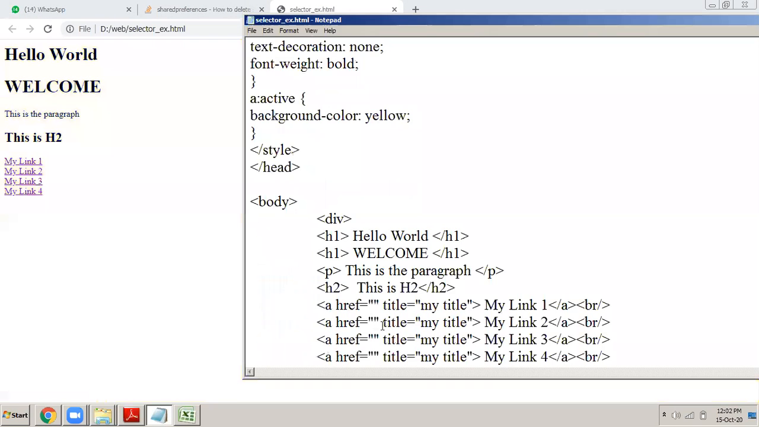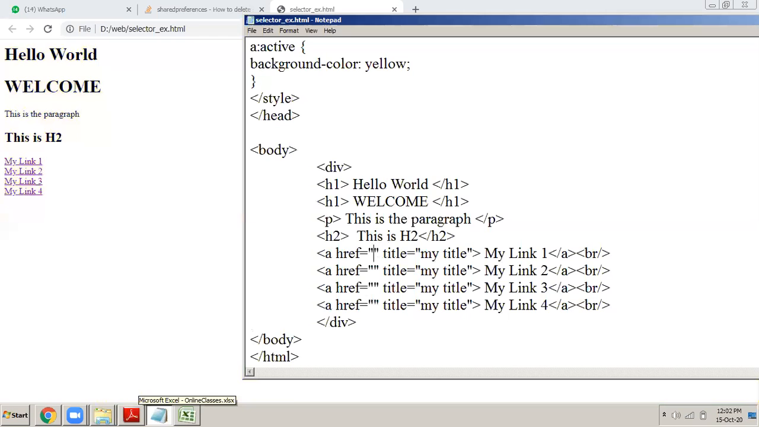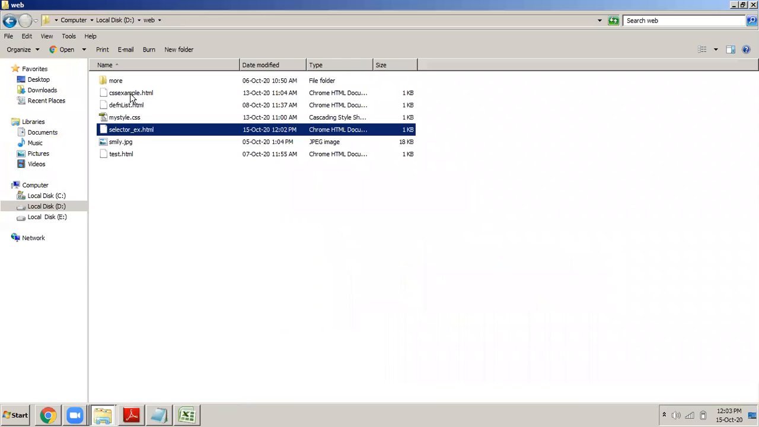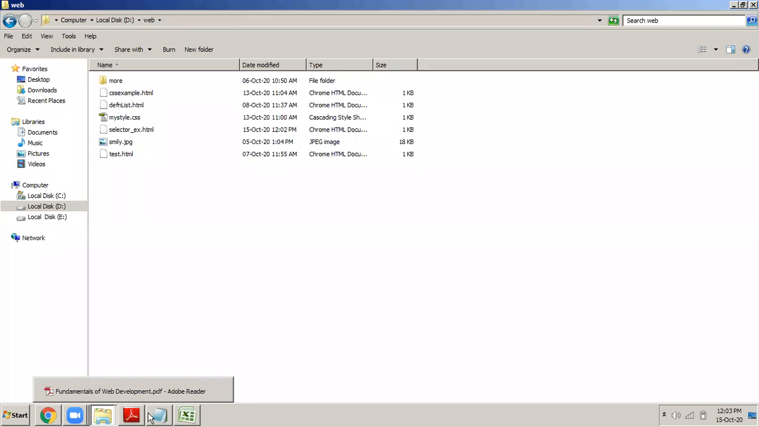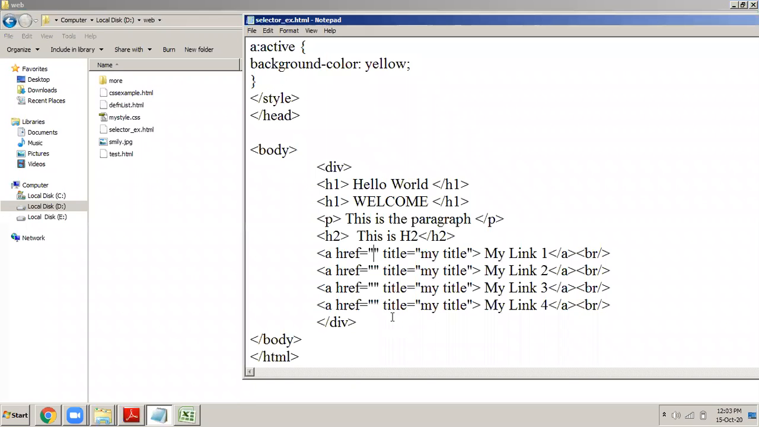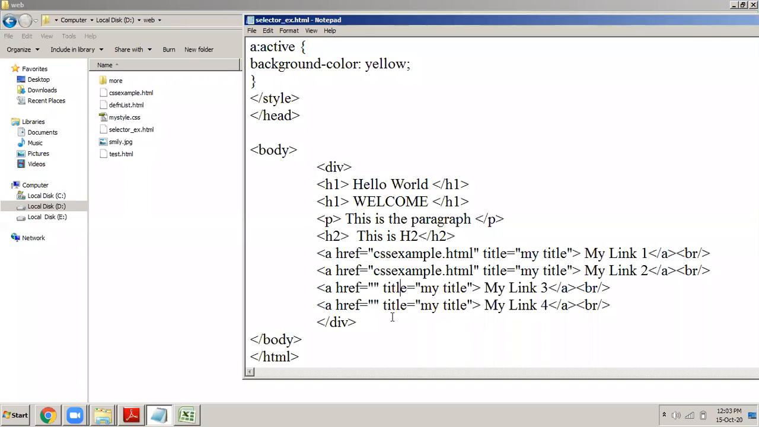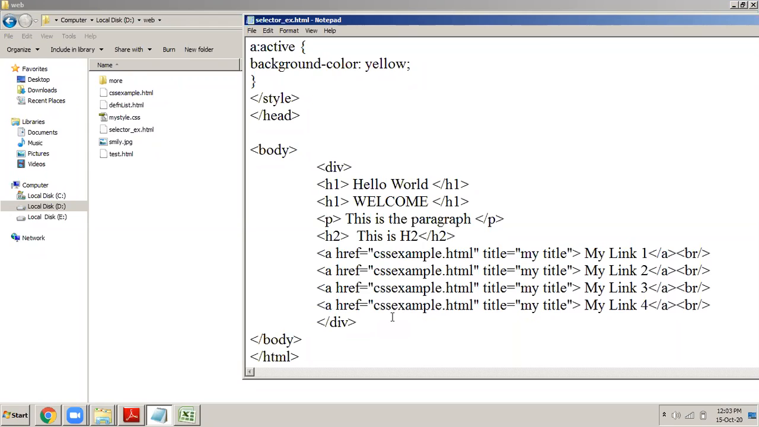I will do one thing. I will change this href to... Do we have some other files here to go to? CSS example.html. Okay, CSS.html. I want to go to that particular page, so I type that here. So when I click on that link, it should take me to that particular page. So if I save, I refresh this,